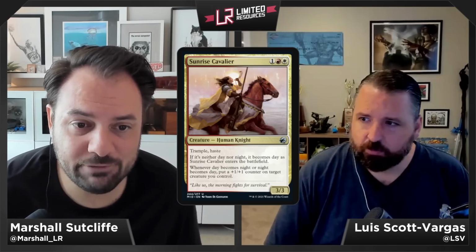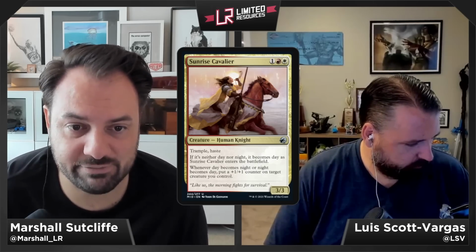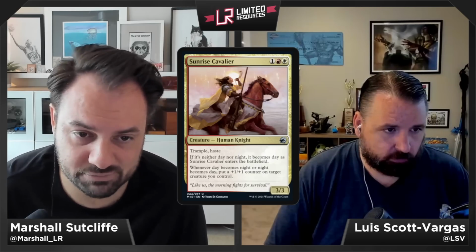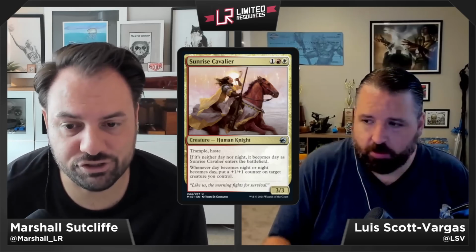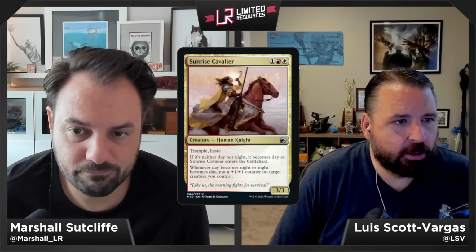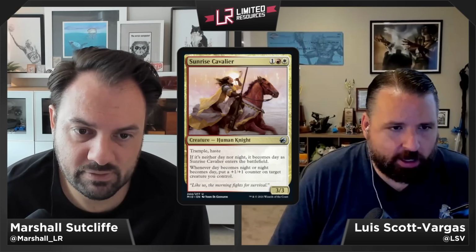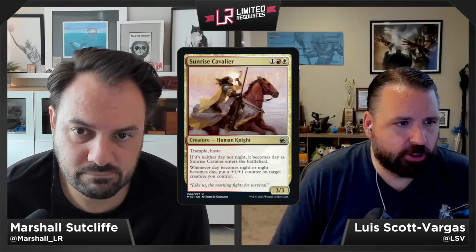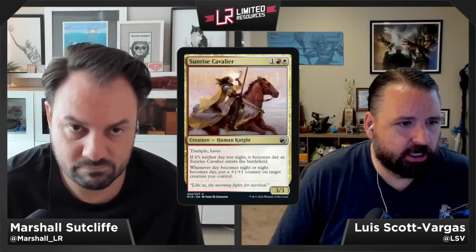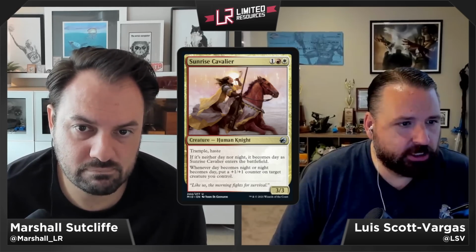And it says, if it's neither day nor night, it becomes day as Sunrise Cavalier enters the battlefield. And whenever day becomes night or night becomes day, put a +1/+1 counter on target creature you control. All right, so let's talk about night and day for a second here, because this is kind of a new take on night and day, and I think a superior one to the Innistrad Werewolves from original Innistrad, where they actually, I think, fixed a lot of the issues that they previously had, which is pretty nice because